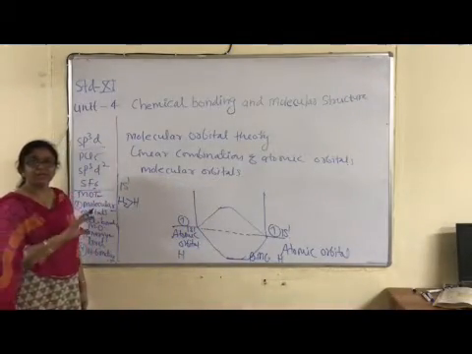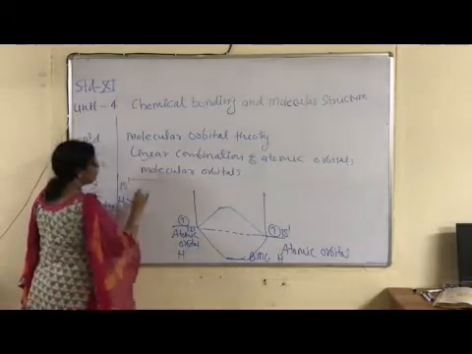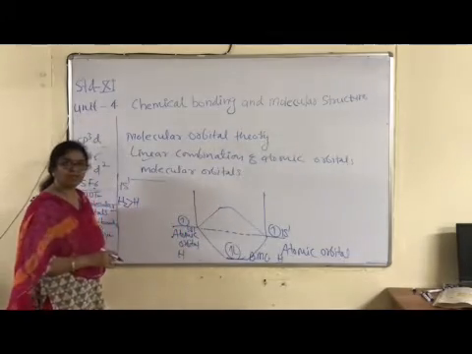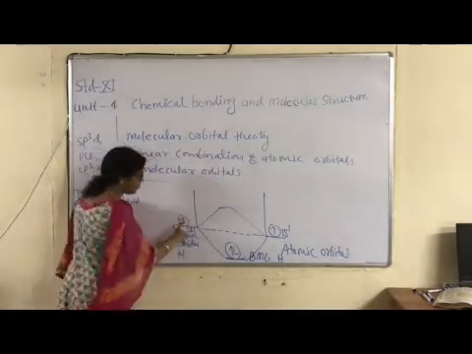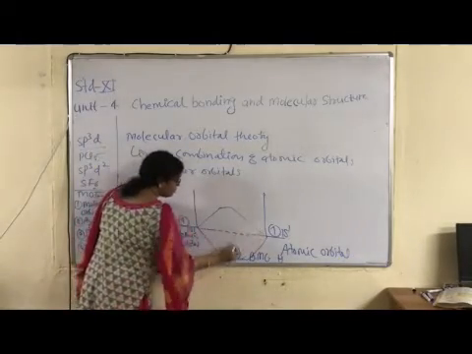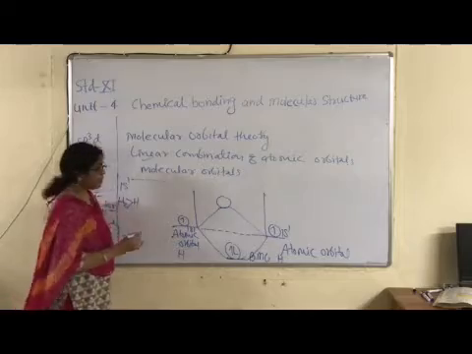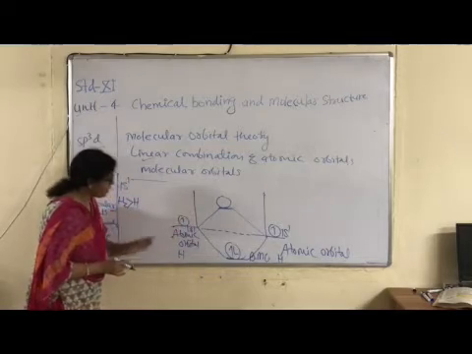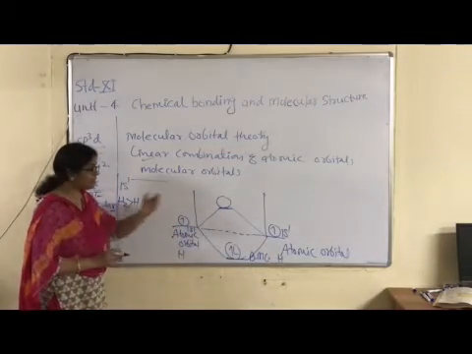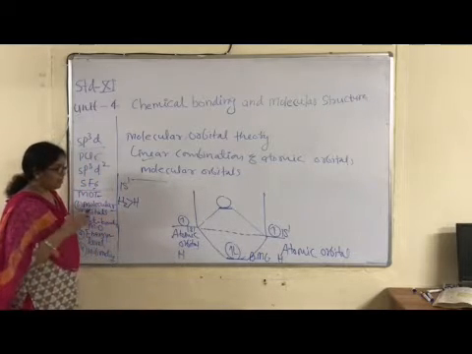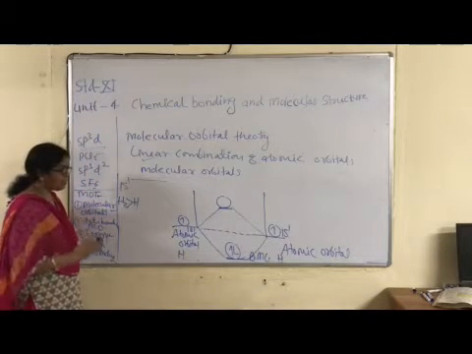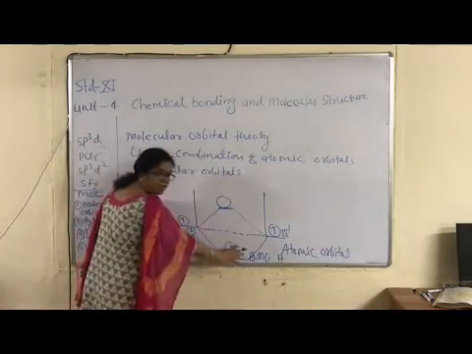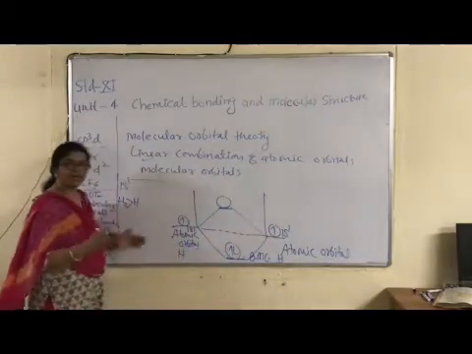Linear combination, in a linear fashion, like this. In a linear manner, first of all, bonding molecular orbitals are formed. In this case only one bonding molecular orbital is present. 1 plus 1 is 2, and this is the antibonding orbital. The energy level of the antibonding orbital is higher than the bonding and atomic orbitals, because antibonding molecular orbitals are always highly unstable and occupy a high energy state, but this orbital is empty. The total number of electrons should equal the number of electrons in the atomic orbitals.